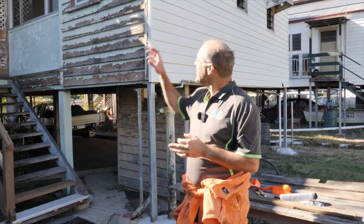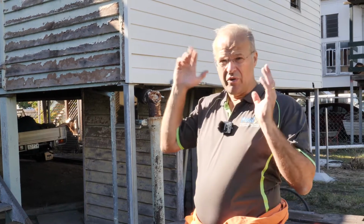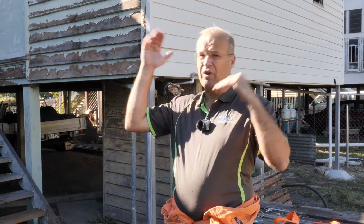So we're here today, you can see it's an older style building here, and typically these are the buildings that have pigeon problems. There's particular corridors running through Rockhampton, Mount Morgan, Gracemere, where birds are a problem. In Gracemere, it's not so much pigeons, it's probably swallows, but nonetheless. Older homes typically have these problems because they've got complex roof lines. Most modern homes are just rectangles with a roof. Nonetheless, they can still get pigeon problems, but they tend not to be in the older areas where the pigeons